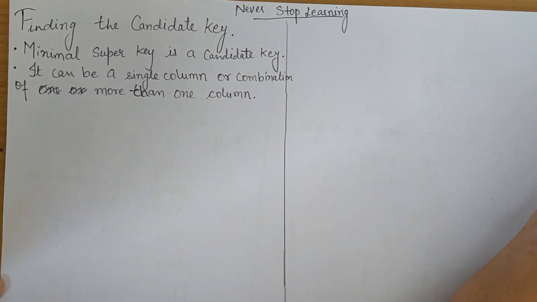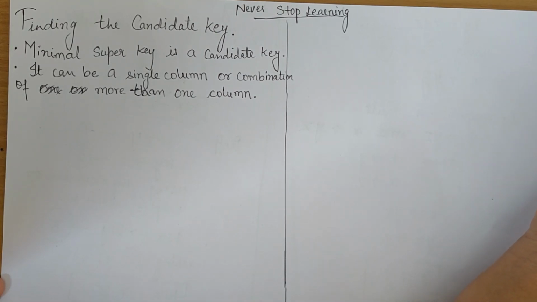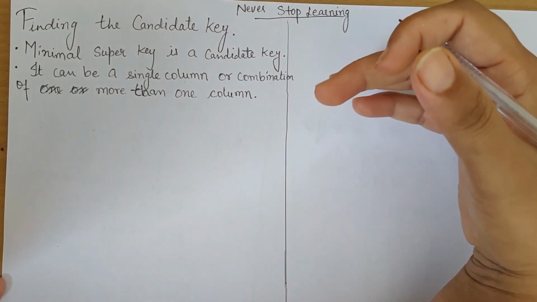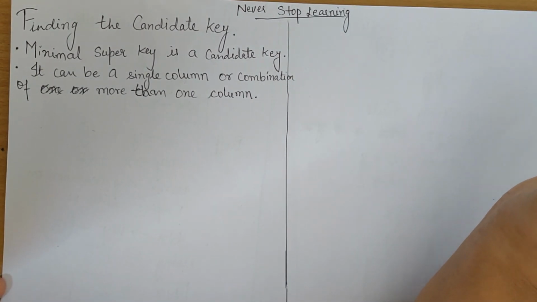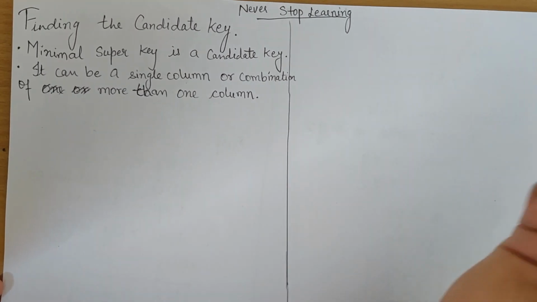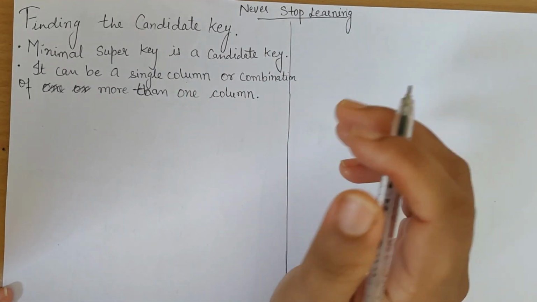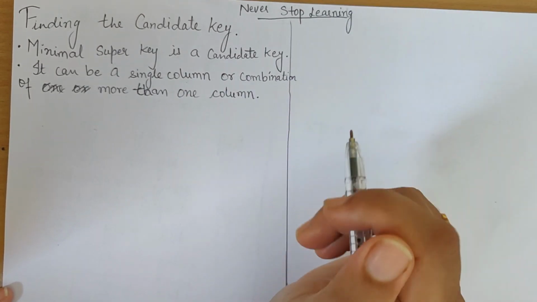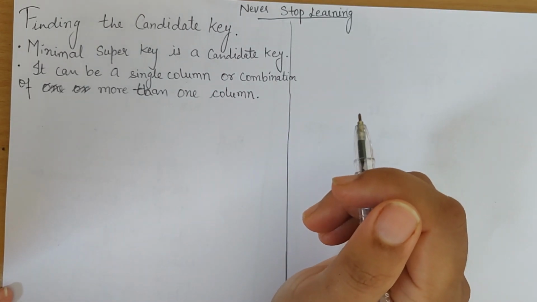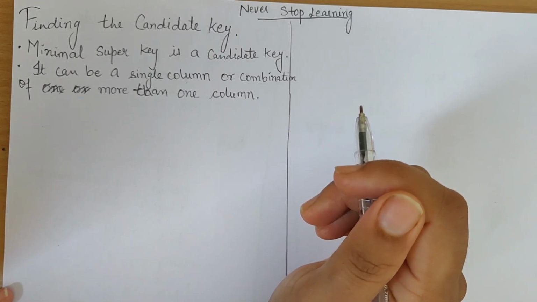Another prerequisite for this lecture is functional dependency. For a very long time I have been telling the same thing in all my videos: because of normalization, functional dependency is a must, and to solve all these things the functional dependency concept should be clear. And closure also. How to find closure, all these videos which are prerequisites for this lecture, I have already uploaded. If you have not seen those videos, please go through them once.